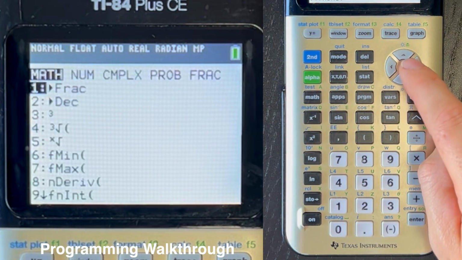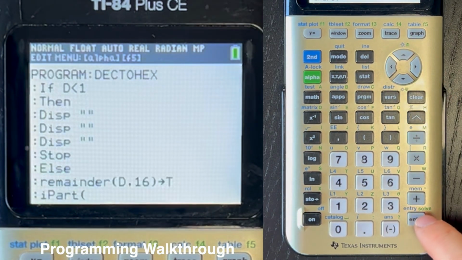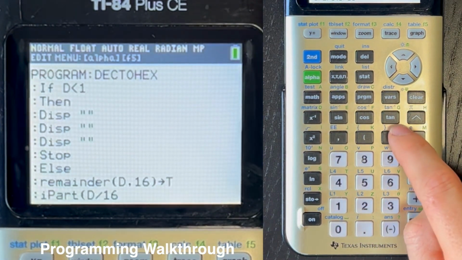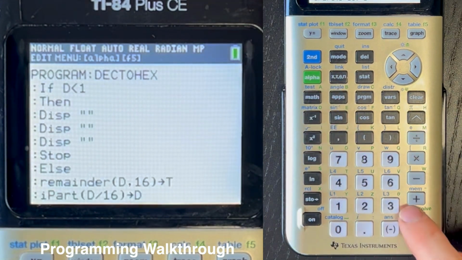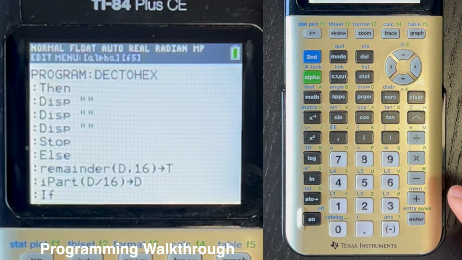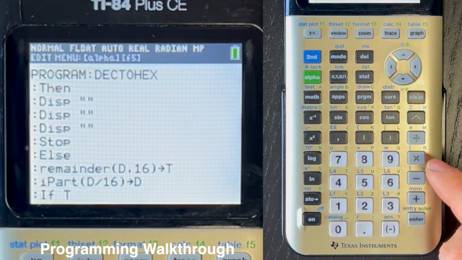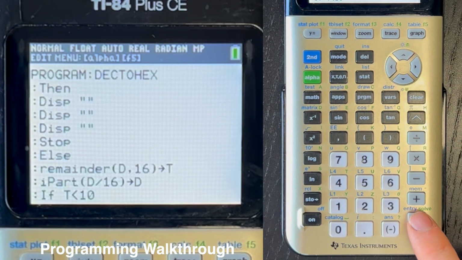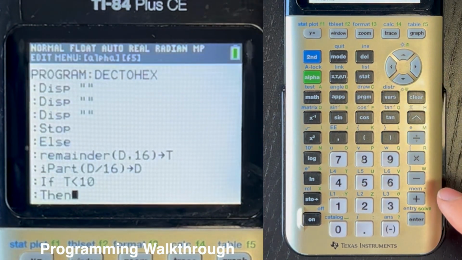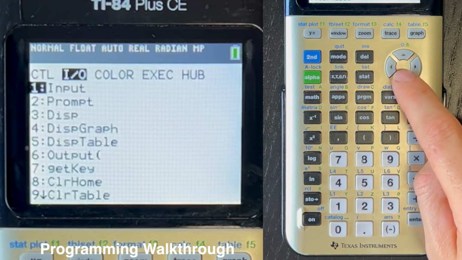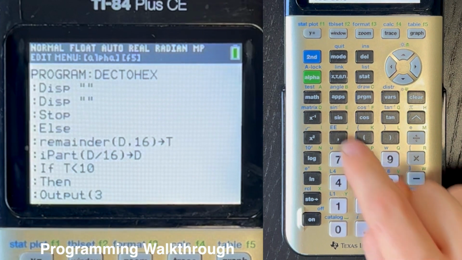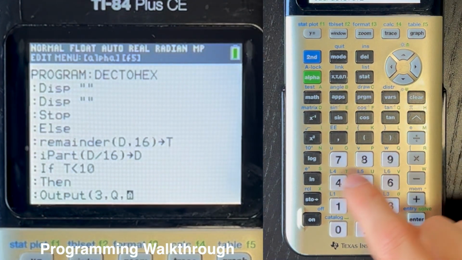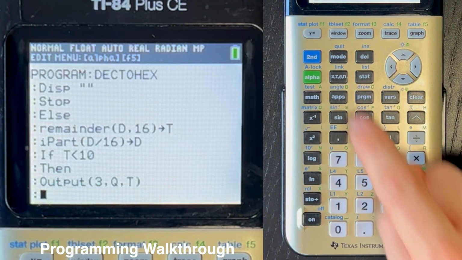enter, math key again, number, and we want the I part, alpha D divided by 16, close parentheses, store as D, enter, program if alpha T is less than 10, enter program, then enter program output 3, comma, alpha Q, comma, alpha T, close parentheses, enter program,